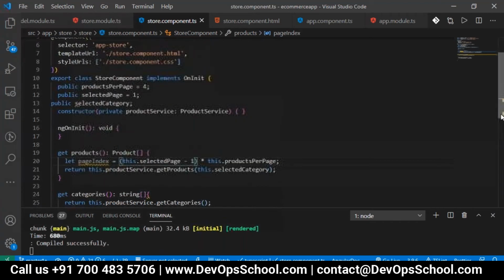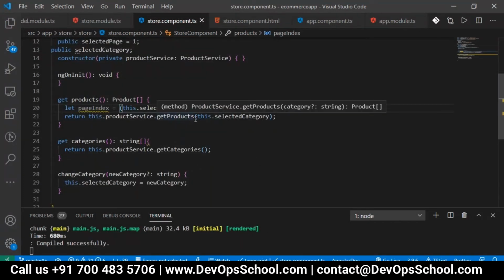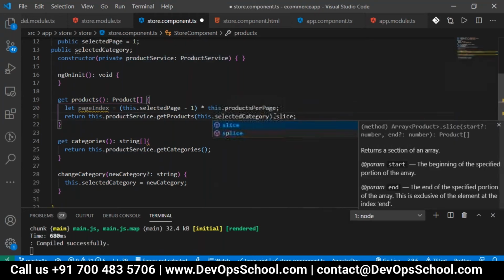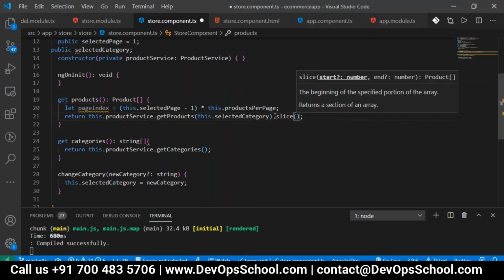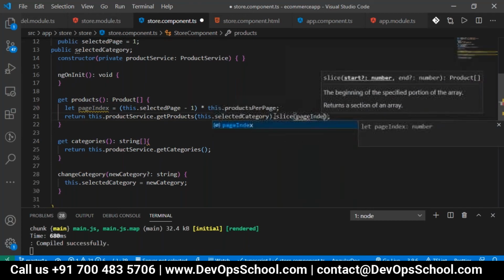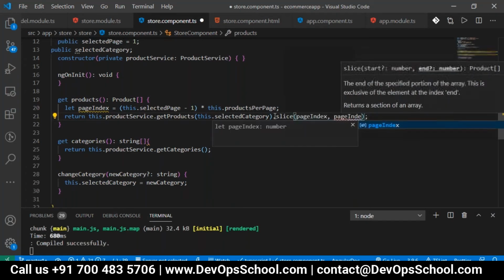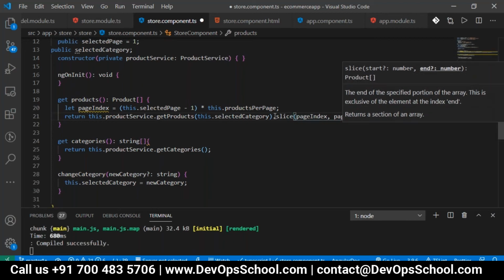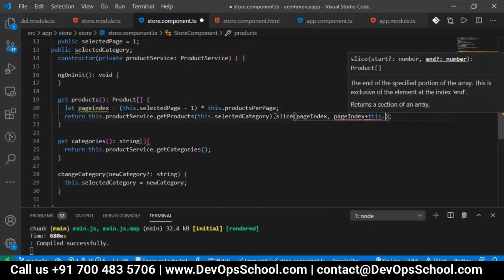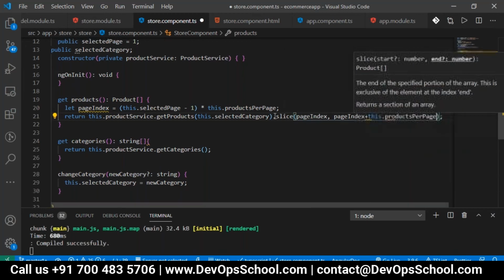But whenever I'm displaying, it is getting all the products, right? So we want to mention to this method how much data should be sliced per page. To split your data, we have the slice method in the array. It returns a section of an array. So here we are using page index, and we will mention how many products we should get, according to the page index plus this.productsPerPage.